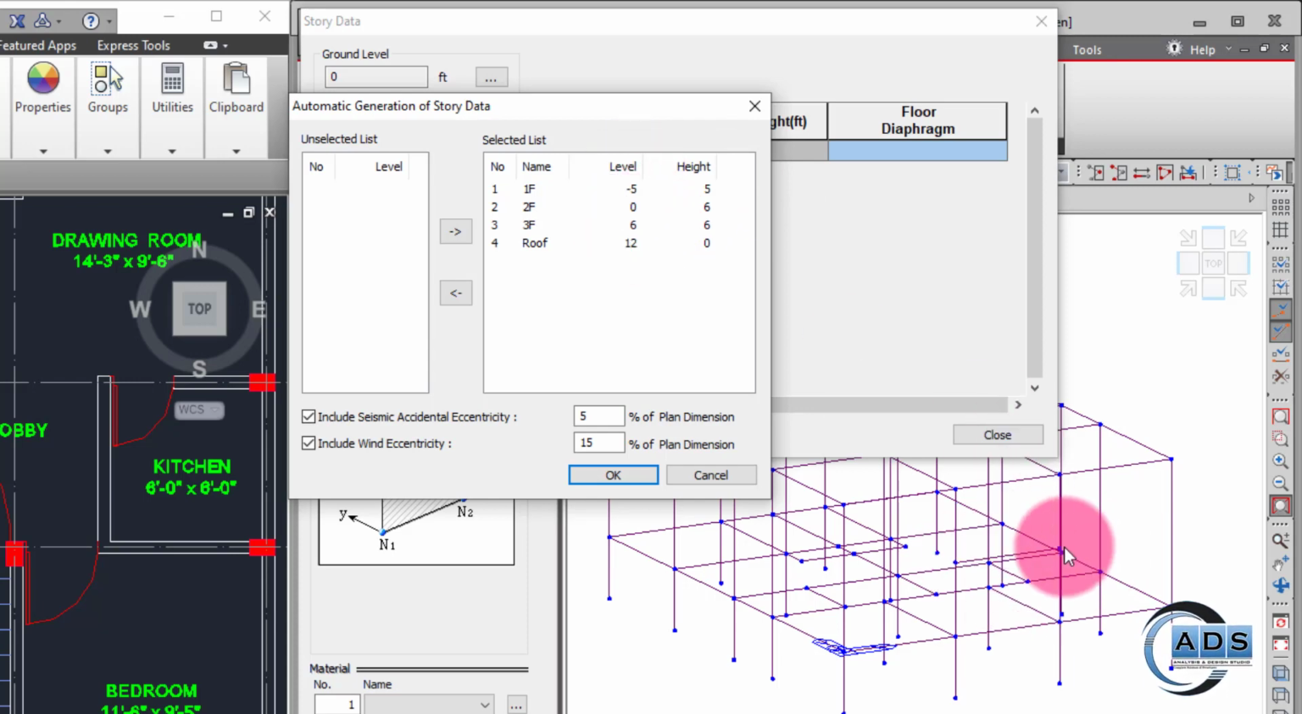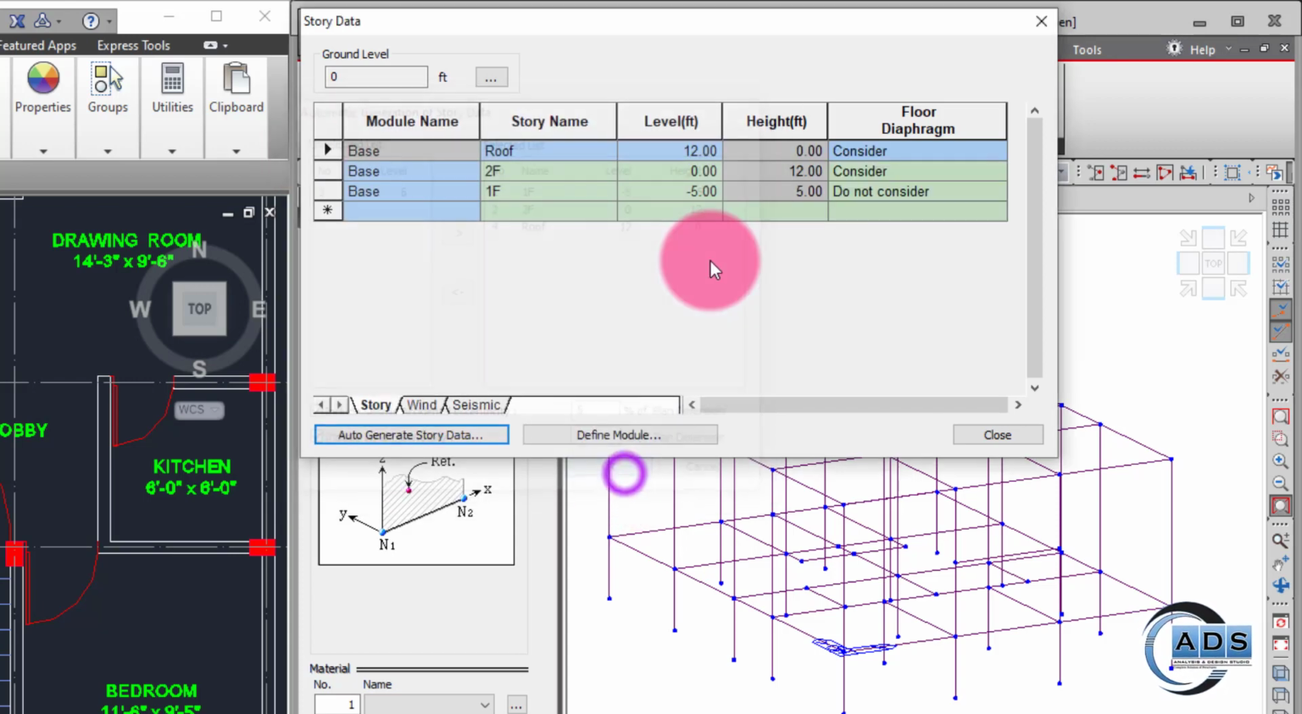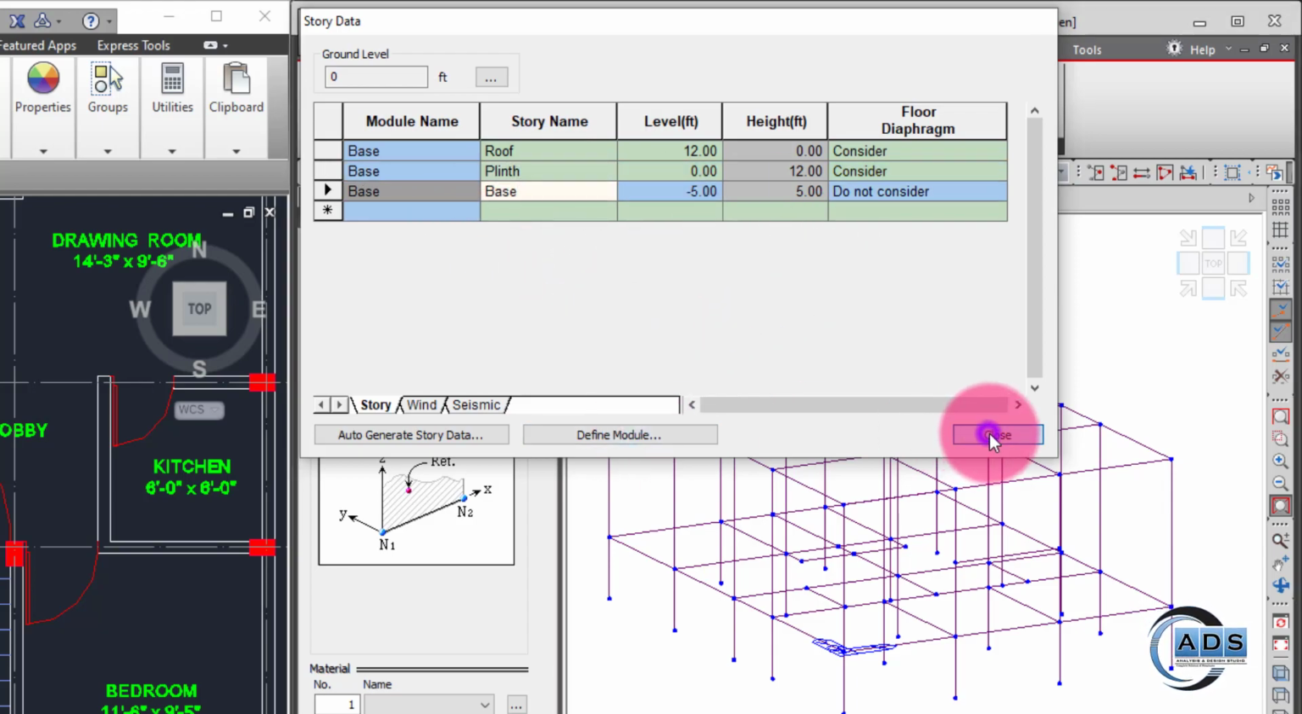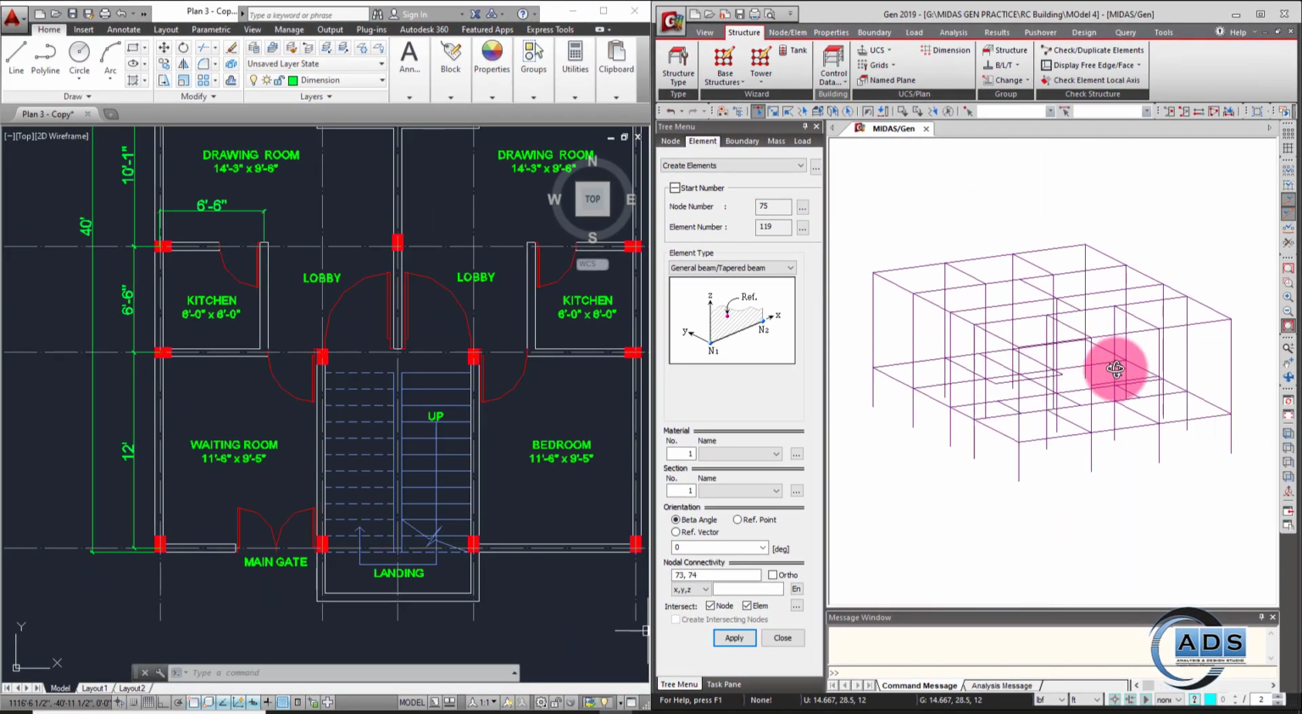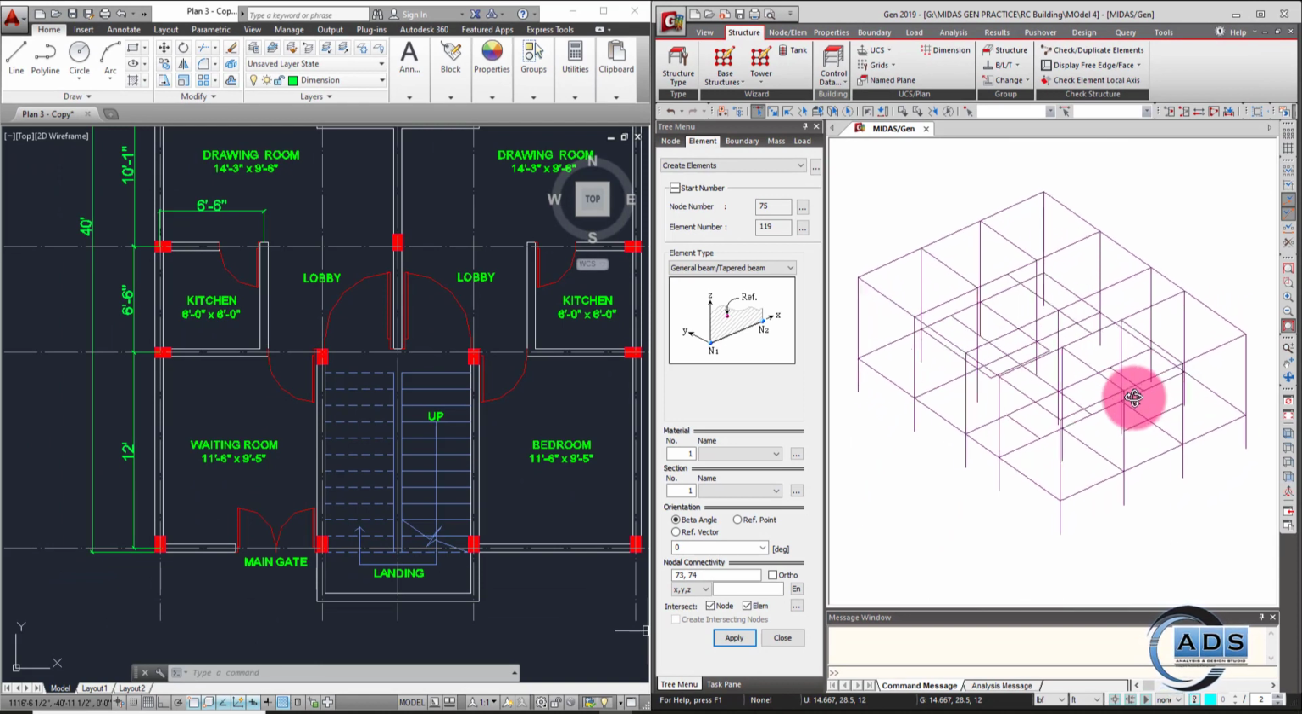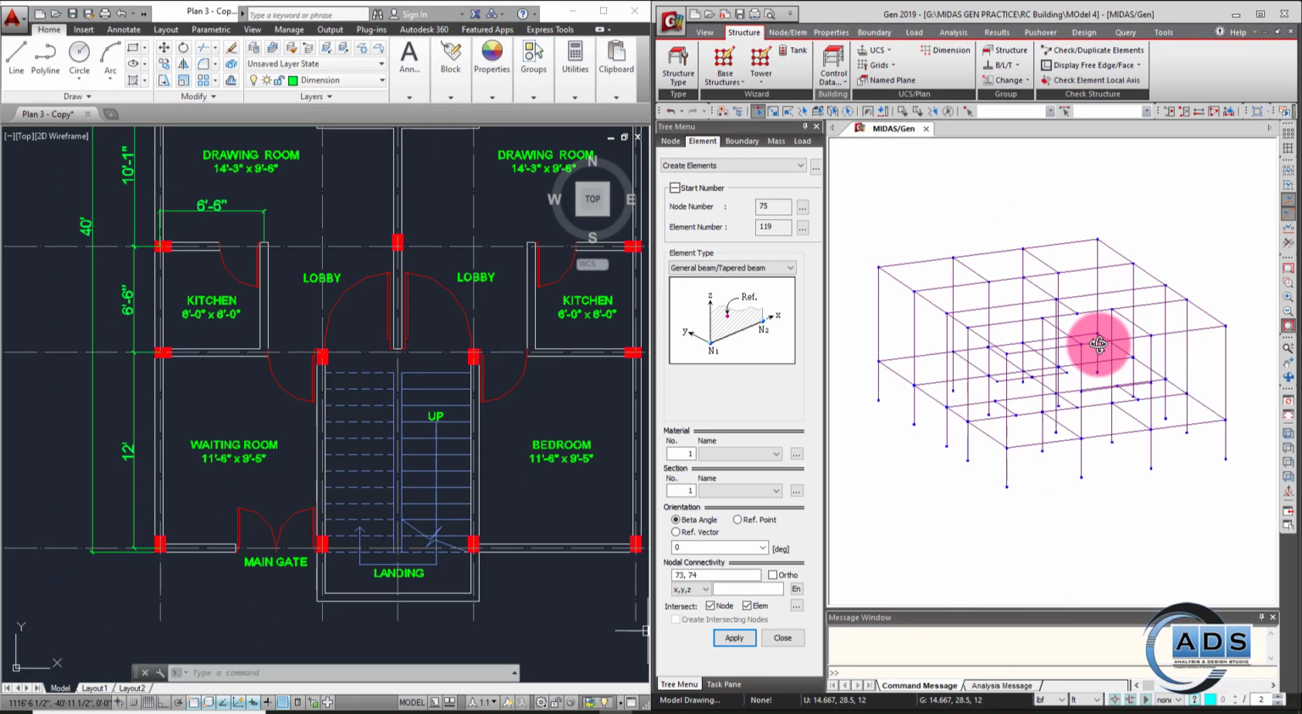So we don't want this landing level as a story. So just select it and click on this button to take it into the unselected list and just click OK. Now rename it as base plinth. Alright. Okay, so now we can